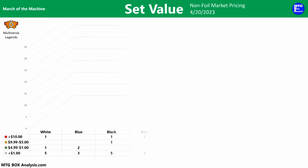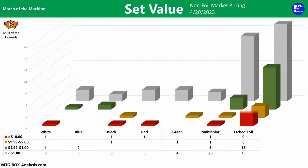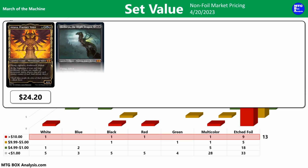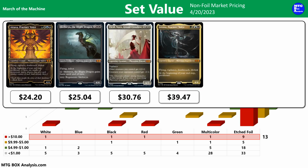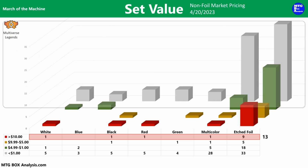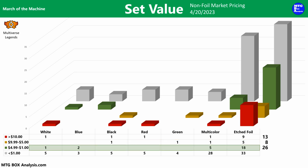And here's a look at the value of the cards that you can pull from the Multiverse Legends subset out of a set booster pack. Currently, there are 13 cards valued over $10, with the top 6 being the Atraxa Praetor's Voice, the Skithiryx the Blight Dragon, Elesh Norn Grand Cenobite, Atraxa Praetor's Voice, and 2 Ragavan Nimble Pilferers, with the etched foil pulling in $71.44 in value. The subset also features 8 cards currently valued between $5 and $10, and 26 cards valued between